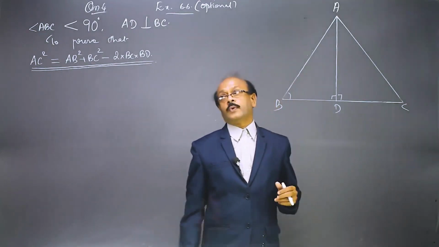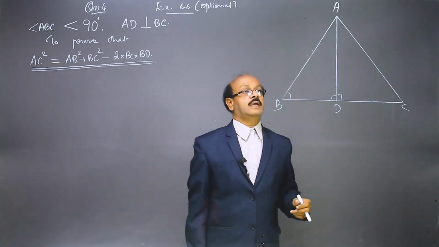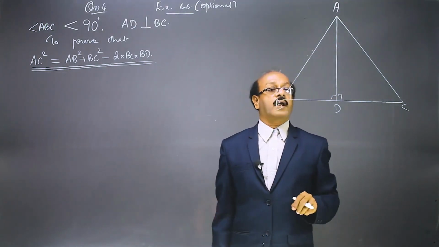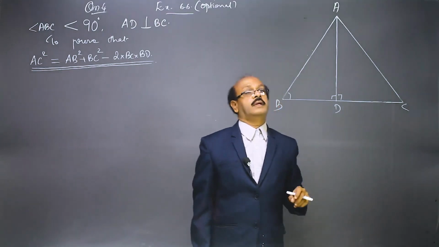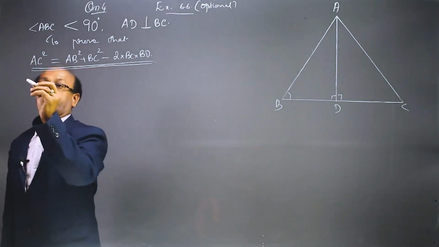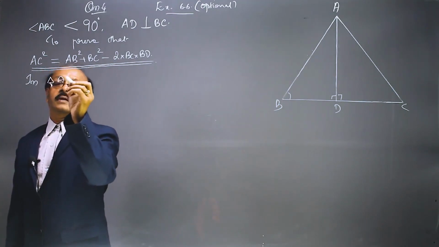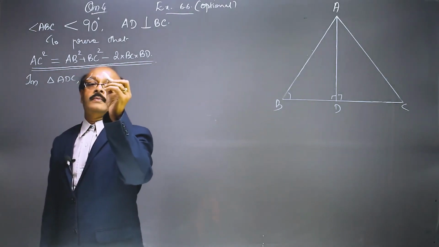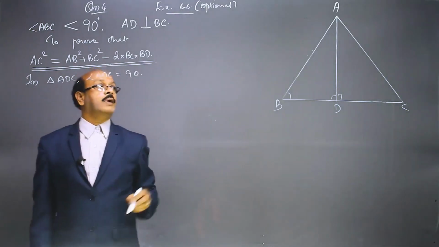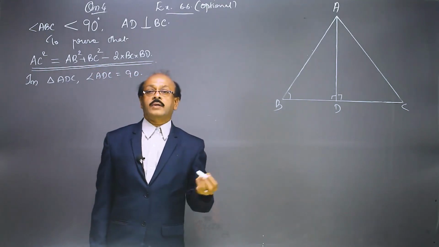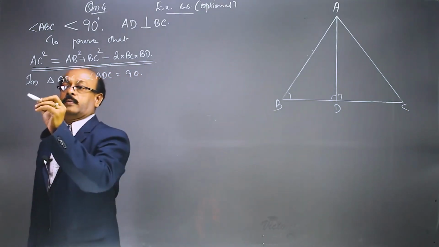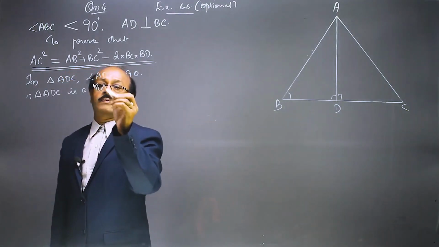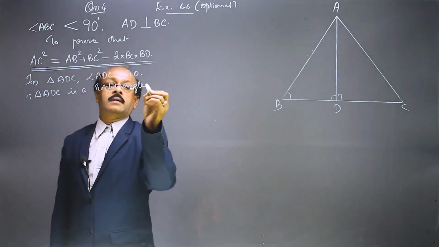Now we are starting the proof. AC square. AC comes on triangle ADC, which is the hypotenuse of triangle ADC. Angle ADC is equal to 90 degree in triangle ADC. Therefore, triangle ADC is a right triangle. We can use Pythagoras theorem. Therefore, triangle ADC is a right-angled triangle